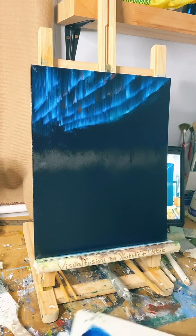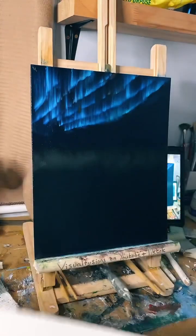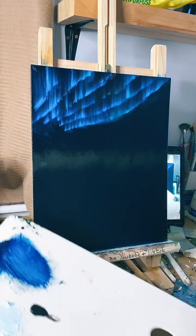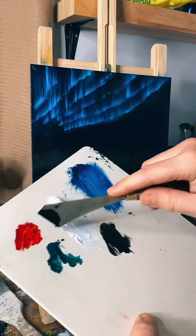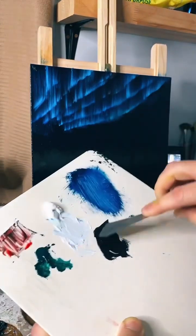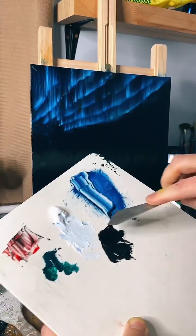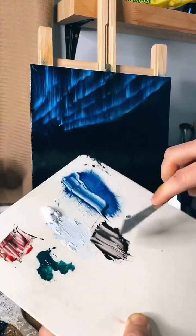Right, let's put some mountains in. This is fun. You probably won't see a lot until I put some snow on. And put some nice snow on the mountains. So I've just got a tiny little bit of black. You won't see a lot of this go on. Maybe I'll use that little bit of red up there and just add that. And maybe just a scratch of blue into this black. Don't need a lot of paint for this,